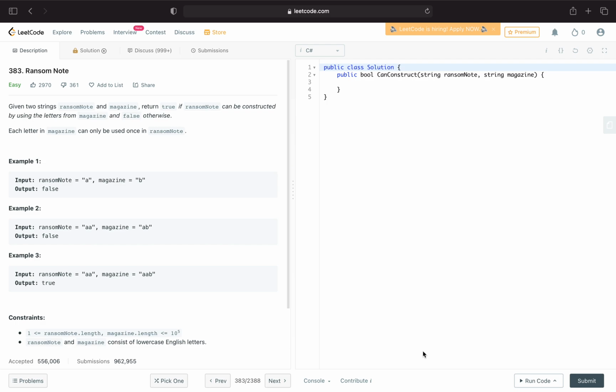Ransom note. Given two strings, ransom note and magazine, return true if ransom note can be constructed by using the letters from magazine, and false otherwise. Each letter in magazine can only be used once in ransom note. Okay, so